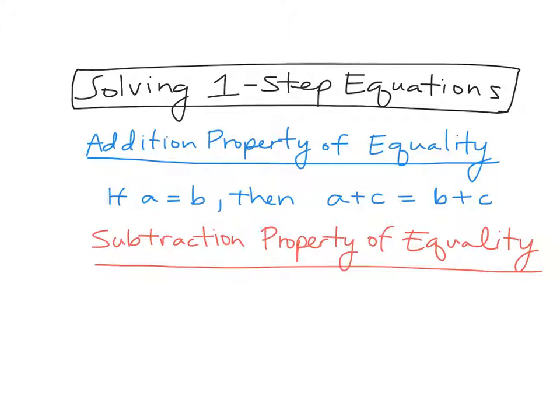Okay. So the subtraction property of equality says if A equals B, then if I take C away from A and I take C away from B, they will still be equal, okay? So that's the subtraction property of equality. I'm going to show you how we do that in just a minute, but